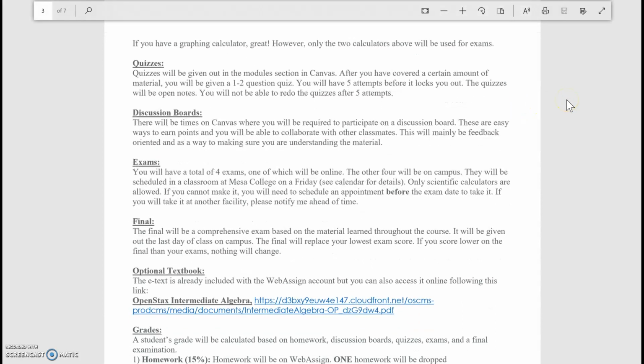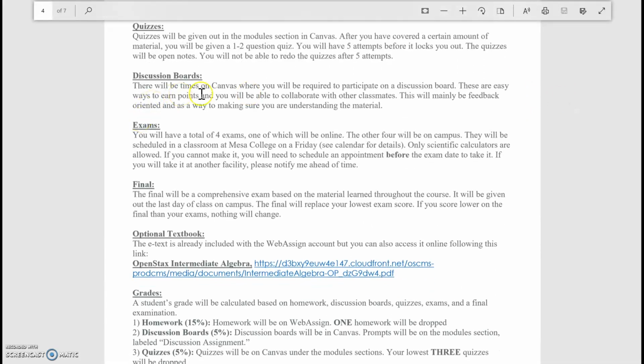Okay. Discussion boards. So at the end of every module, so modules are basically, let me just explain a little bit about what modules are, and I'll explain it in the other video, but you're going to have 7 modules. Each module is going to have a chapter. And after every module, when you complete a module, you're going to be asked for feedback. These are assignments that you do need to do, or else you're going to lose points.